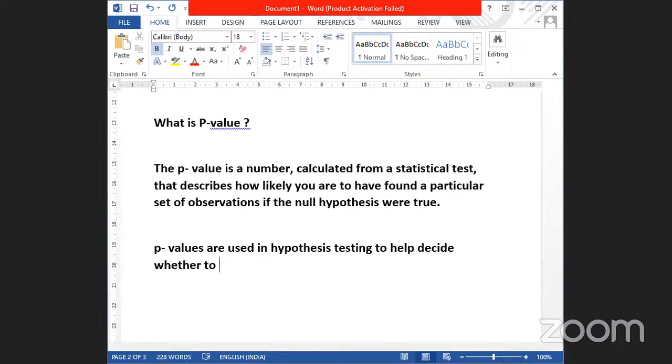To reject the null hypothesis, the smaller the p-value,